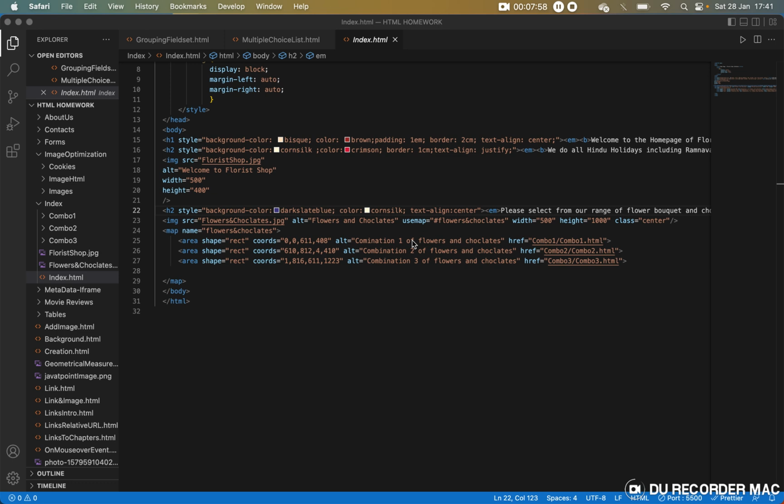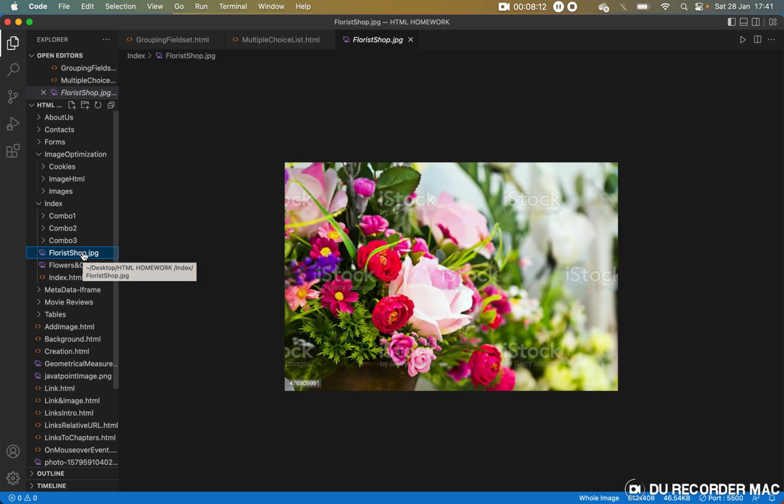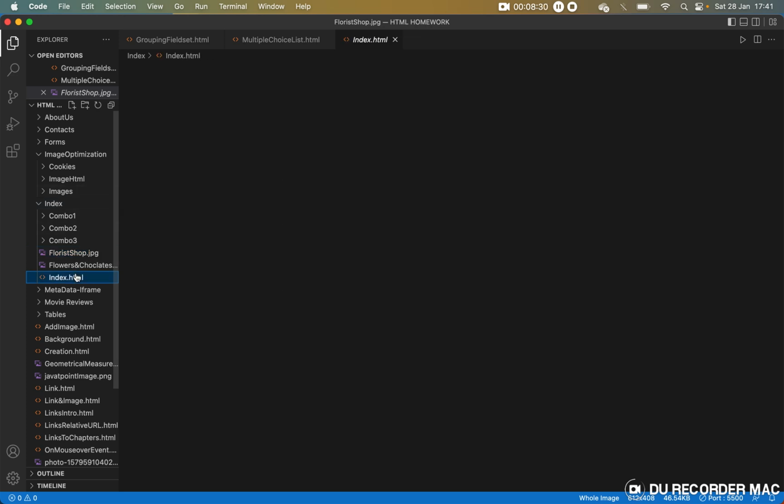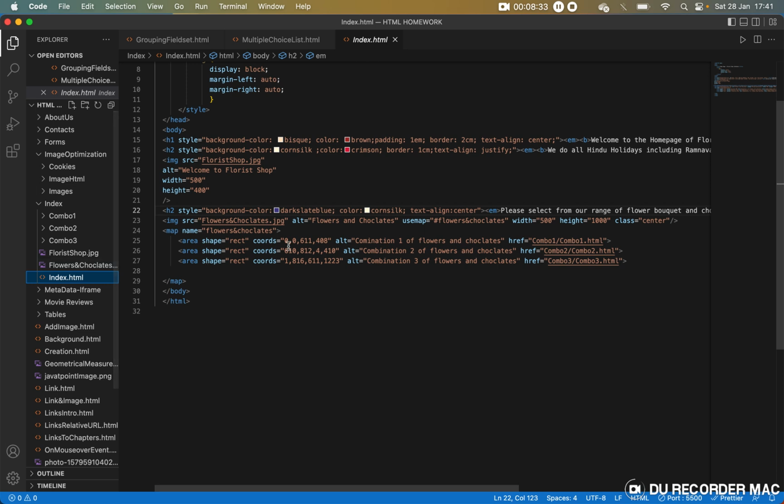Floristshop.jpg. Okay, now image src. When you are linking the source to the original one, where is it located? It's important to know where the source is located. So this is a typical introductory cover page image, so we'll not get much into the details of that. Pretty self-explanatory. You can't click on this one in the website, so that's not very important. But the second image, which we will be talking about in the map,